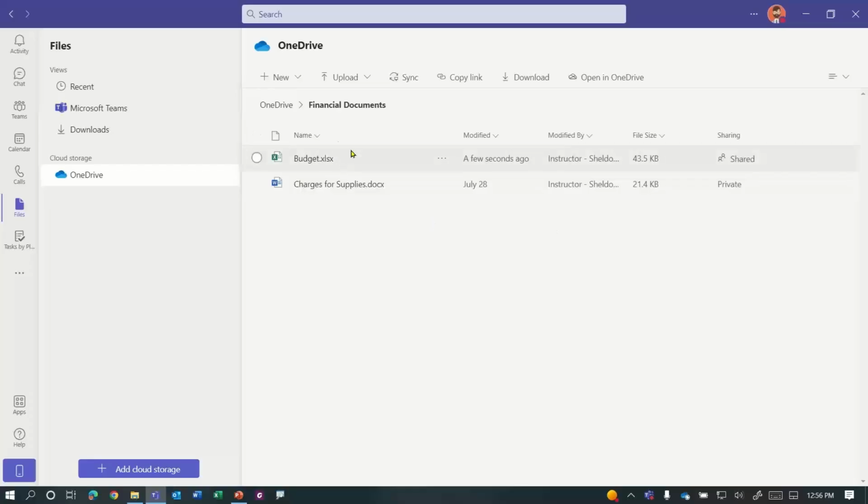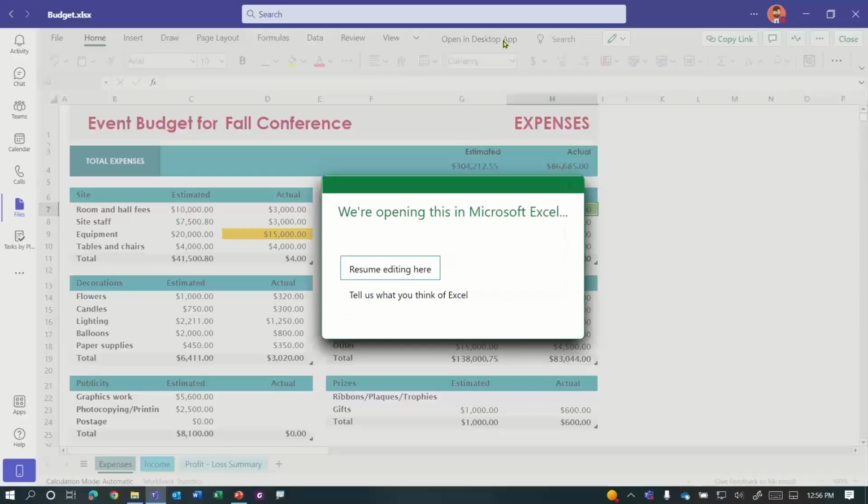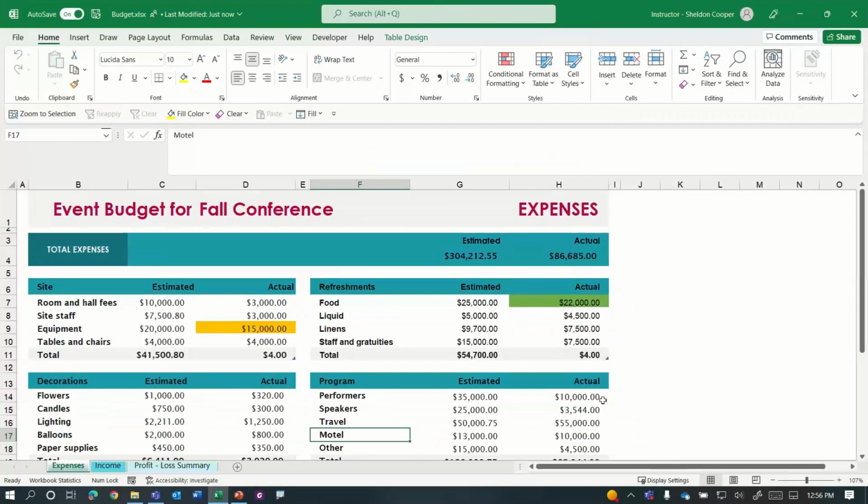But sometimes editing files through the Teams interface may provide some challenges or some limitations. Because while these are great for getting in, getting out, getting your job done quickly, sometimes you may need some more robust functionality. So if you open up a file from Teams and need the full capabilities of that app, notice that we have the button that says Open in Desktop App. So when I do so, it launches the appropriate application. Notice here it is, and I can just pick up where we left off. I can change whatever numbers we need and go from there.